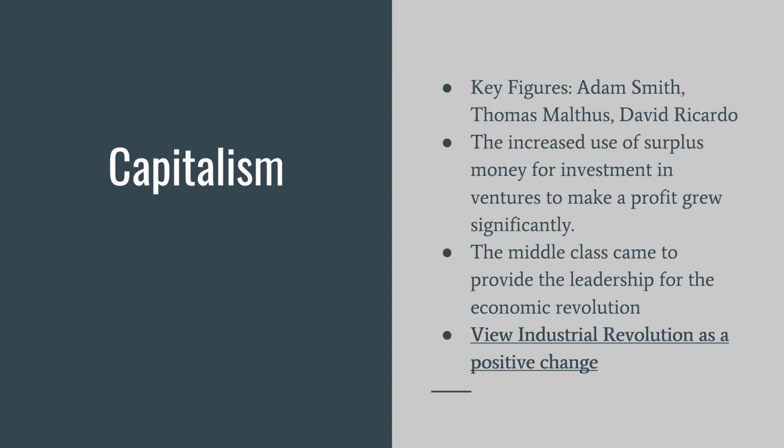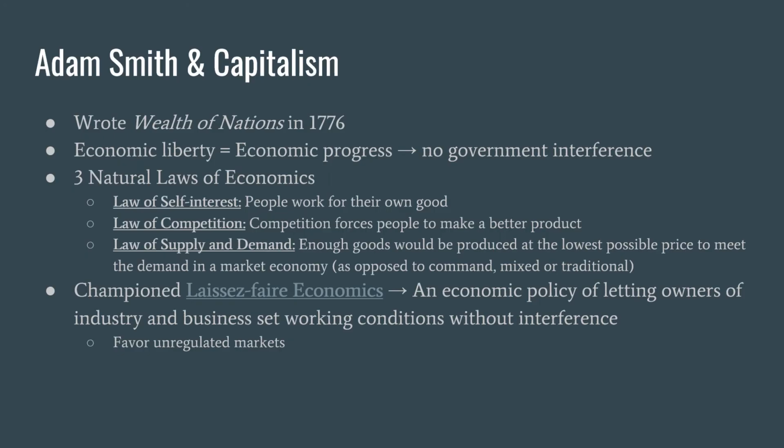We see a lot of the middle class strongly believes in capitalism because it is how they become members of the middle class. They are able to invest their money in factories and build up their wealth that way. And capitalists are really going to believe in the Industrial Revolution as a positive change. Focusing on Adam Smith, he wrote The Wealth of Nations in 1776, right around the time we start to see the first